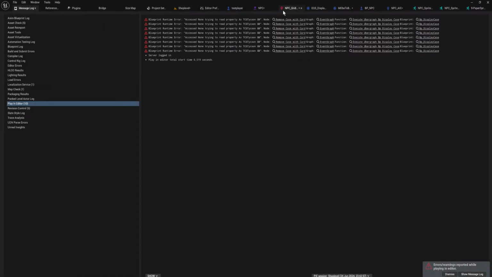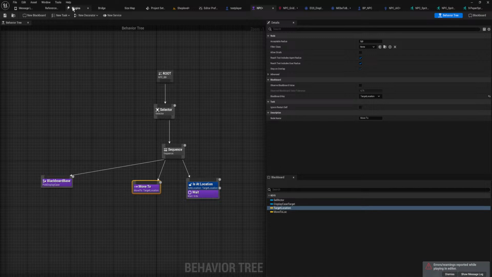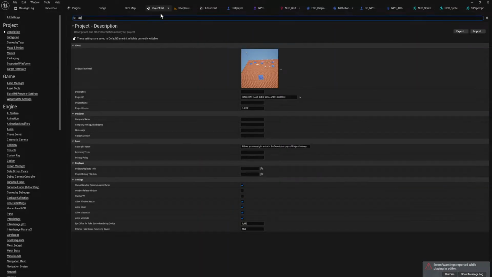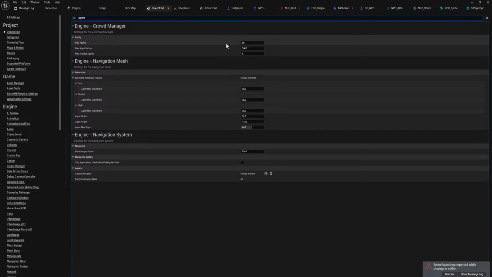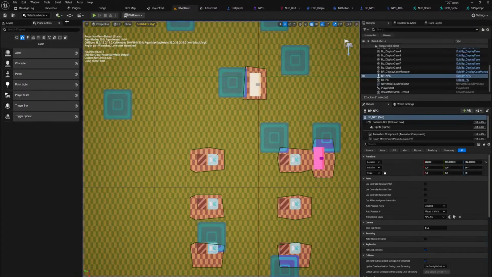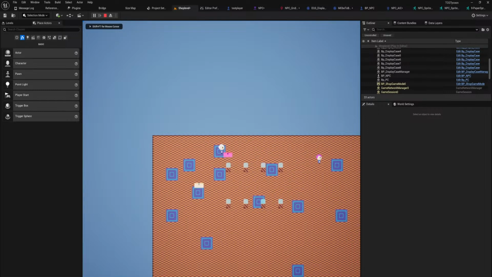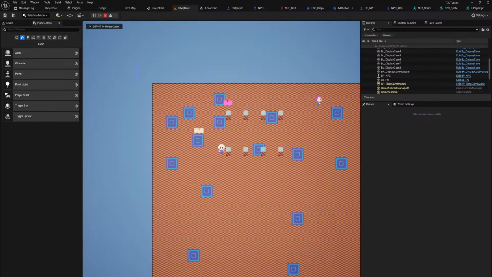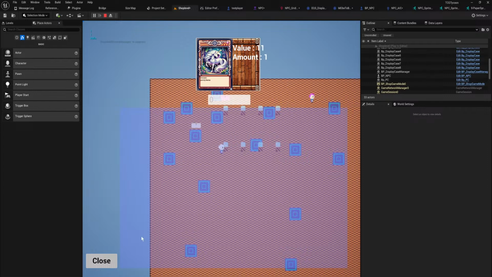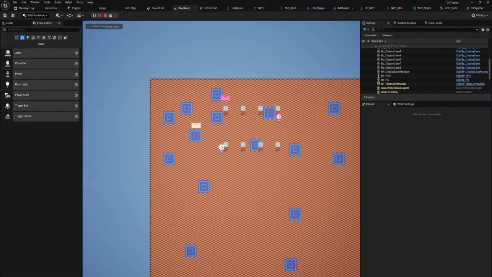But that is maybe just because of the agent size, like max agents. This is crowd manager. That's not what I want. Navigation. Agent radius should just be bigger. So if we just make that like 45 or something like that, it should then avoid things better. I mean, might just leave it at that, to be honest. If this makes him consistent in navigating around,